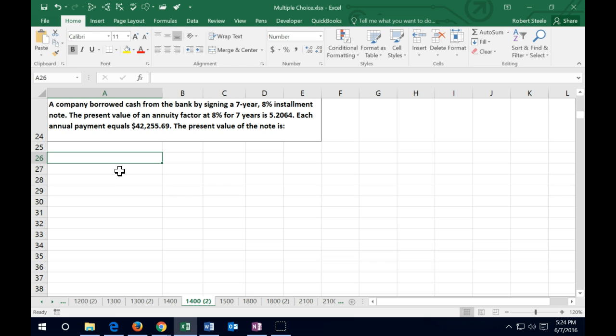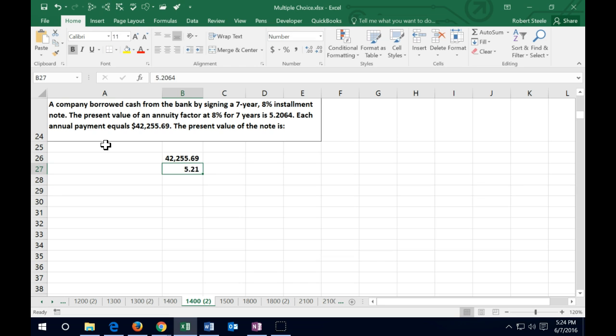As long as the annuity is constant, then once again, the easiest way to do that is to look at the annuity table and figure out what the value would be. And they gave us that factor. Again, assuming the 8%, 7 years, we're going to have the 5.2065. So now we have constant payments of 42,255.69. I'm going to highlight all of these and go to the Home tab, Numbers, add the pennies onto that. And then we're just going to multiply that times the